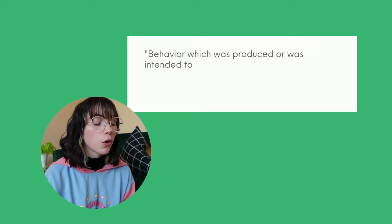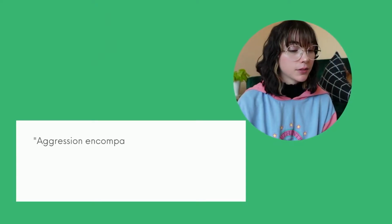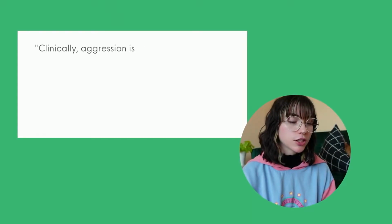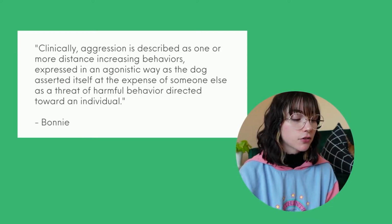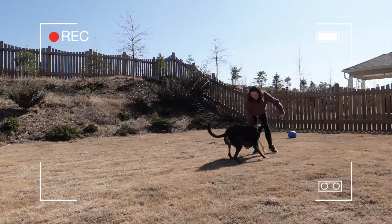Another definition by Randy Nelson says, behavior which was produced or was intended to produce physical injury or pain in another person, in this case, dogs. The ASPCA website says aggression encompasses a range of behaviors that usually begins with warnings and can culminate in an attack. And then Body Beavers says clinically, aggression is described as one or more distance increasing behaviors expressed in an agonistic way as the dog asserted itself at the expense of someone else as a threat of harmful behavior directed toward an individual. So if your dog truly enjoys tug, good job, and they're playing in a polite and safe way,